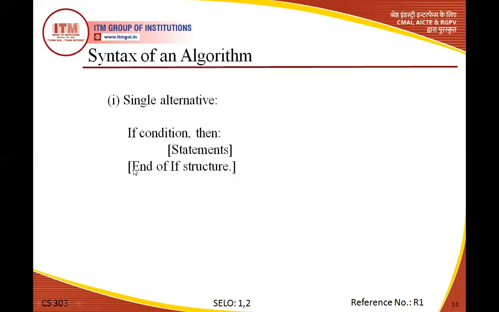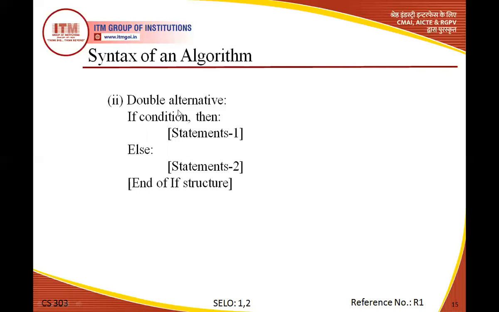You can see the single alternative in selection. In that, the if keyword is there, then whatever condition we apply, a is greater than b, b greater than a, a greater than 0, any condition, then a comma, then the word then, and a colon sign. A number of statements will be enclosed in that, and after that the end of if structure line should be included at the end of the if statement. Here you can write a number of lines. So this is a single alternative.